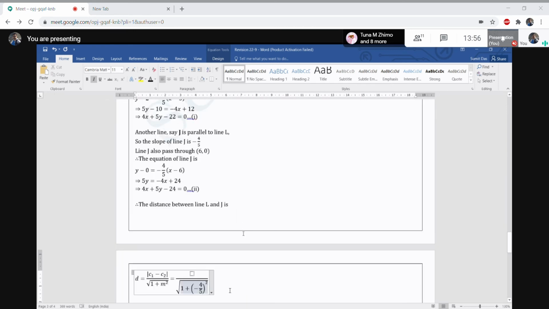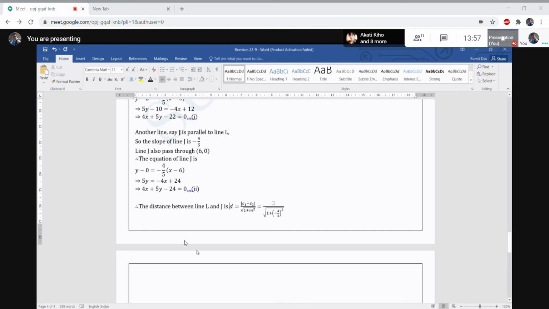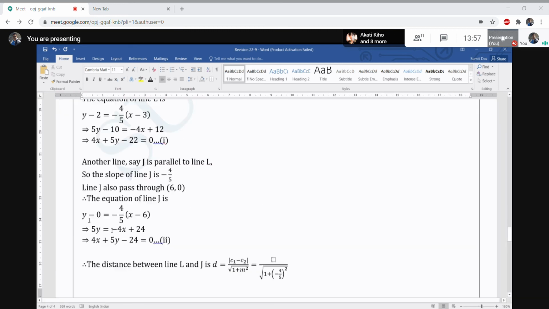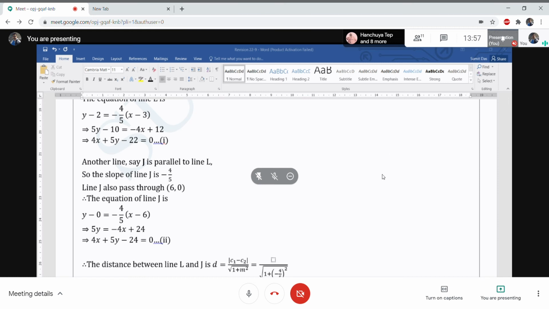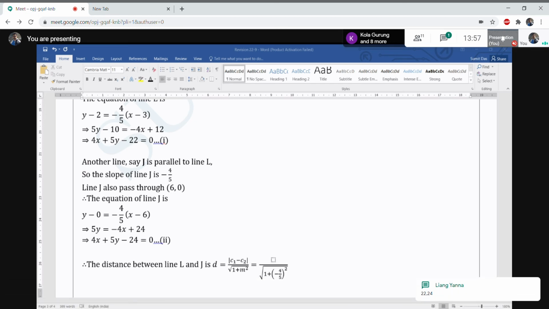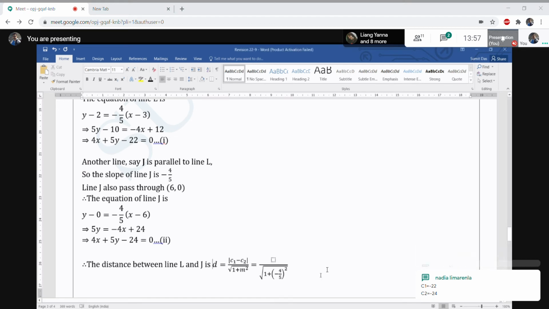Okay, again I'm reminding what I'm looking for. I'm asking that we have two equations, 4x plus 5y minus 22 and 4x plus 5y minus 24. Both are parallel. So let me know what is the value of C1 and C2. Correct. Nadia is correct. It is minus 22 and minus 24, because it is